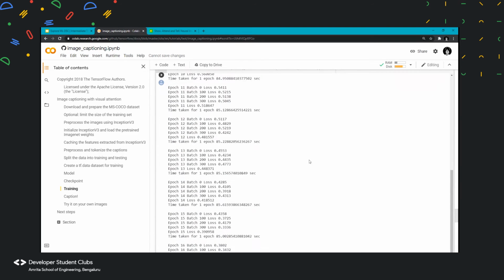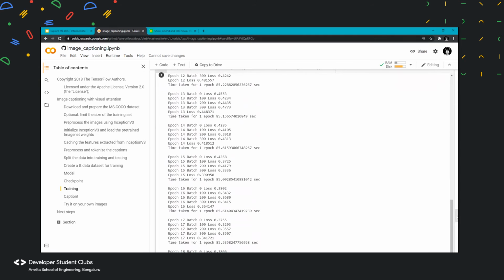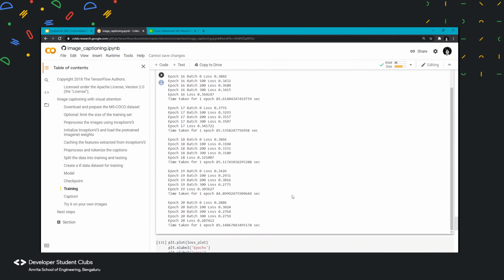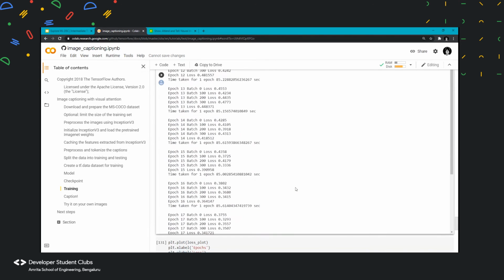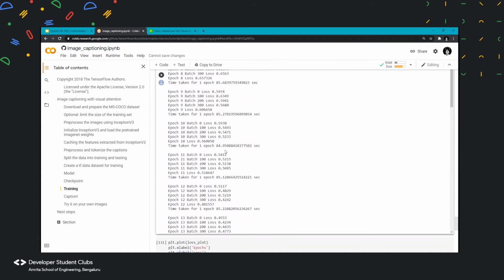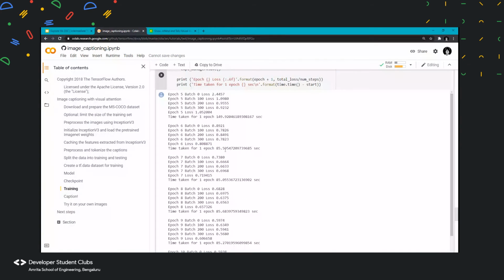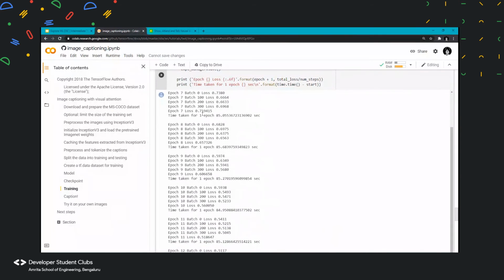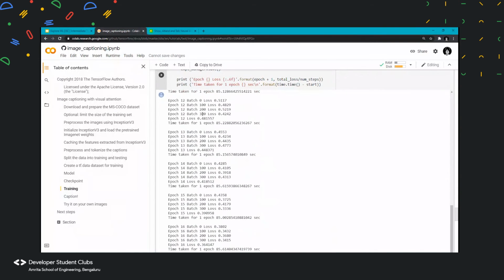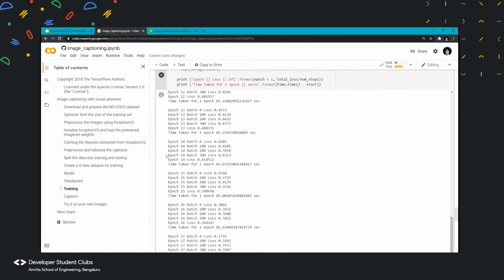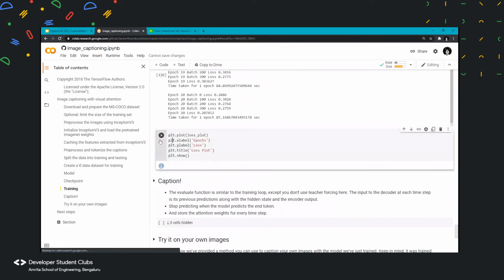I have kept it trained for nearly 20 epochs, and as you can see from before, the accuracy and the loss have been reduced. So here you can see the loss, which started reducing a lot. And this is how we train.